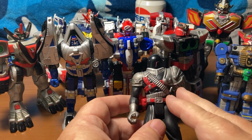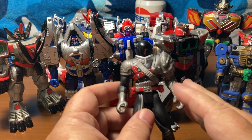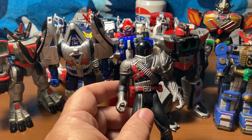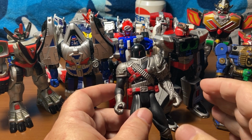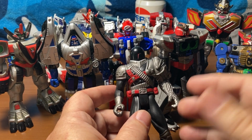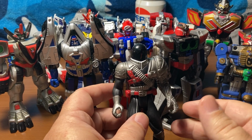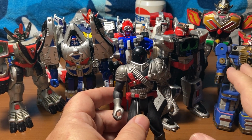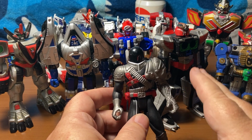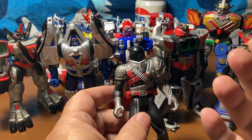If you lived in Japan or you know anything about the Japanese toys, I would love to hear from you. Did this actual action figure come out in Japan? Because a lot of times they don't produce bad guy figures in Japan. And I found out recently on a video I was watching that it's a cultural thing that they really shun bad guys. The only time you ever really get bad guy figures in Japan is if there's a redemption story arc and they become good guys. Kind of like,